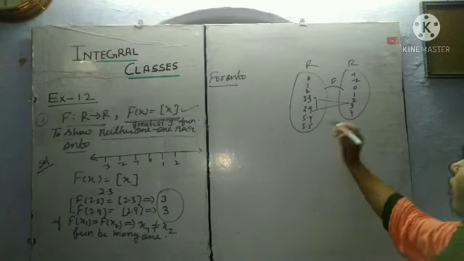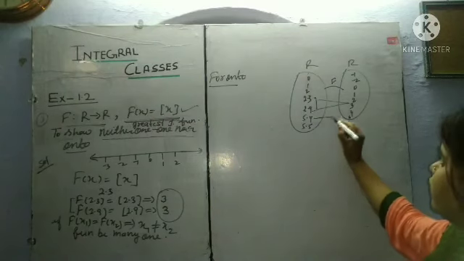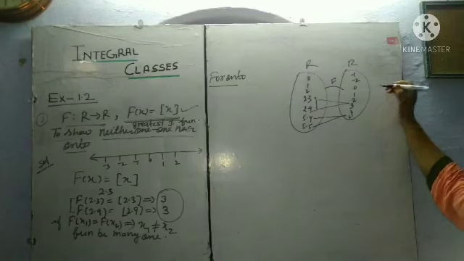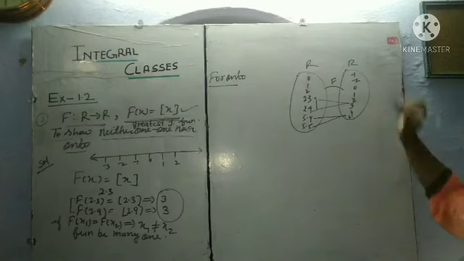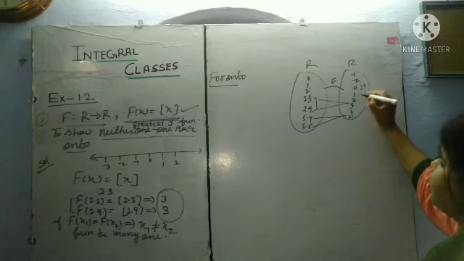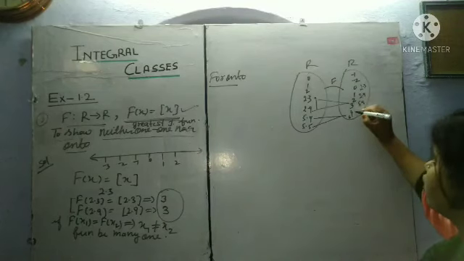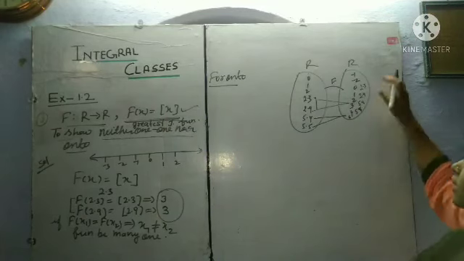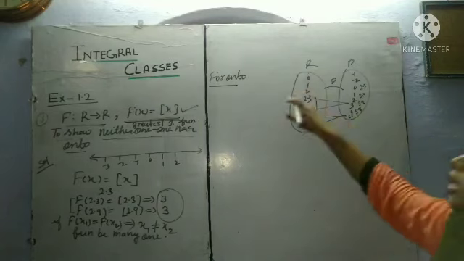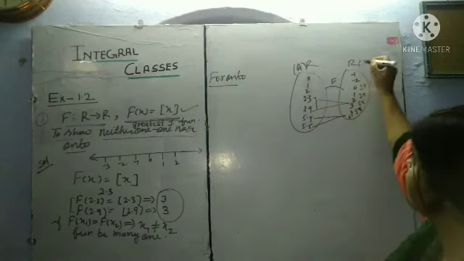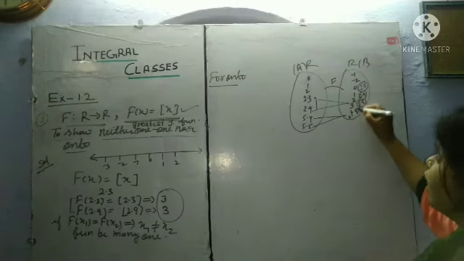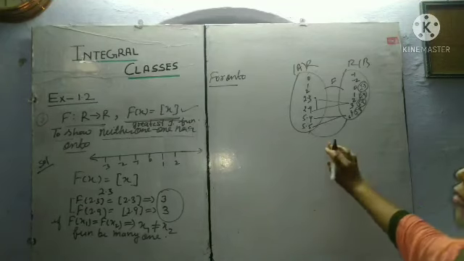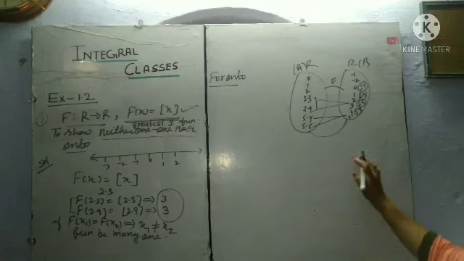Now if we put 5.4 and 5.5, then we will also get 6. But some decimal kind of numbers also exist in this real number set. Here are also 2.3, 2.9, 5.4, 5.5; this kind of numbers also exist in the real set, but they don't have any pre-image in set A. So they are left. So this type of function is not onto, it is into.